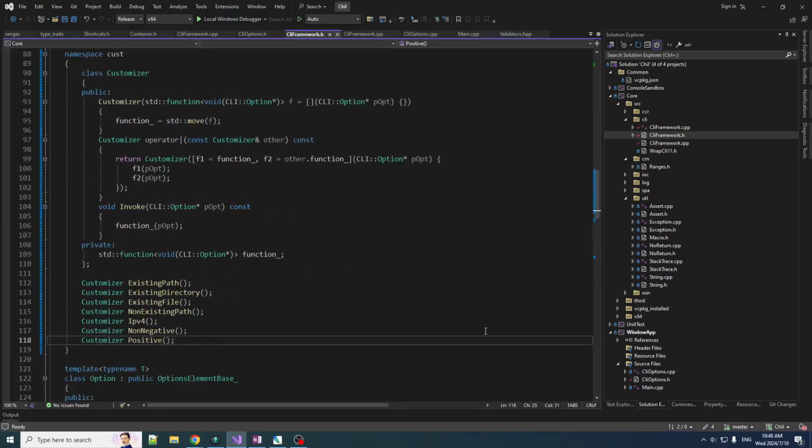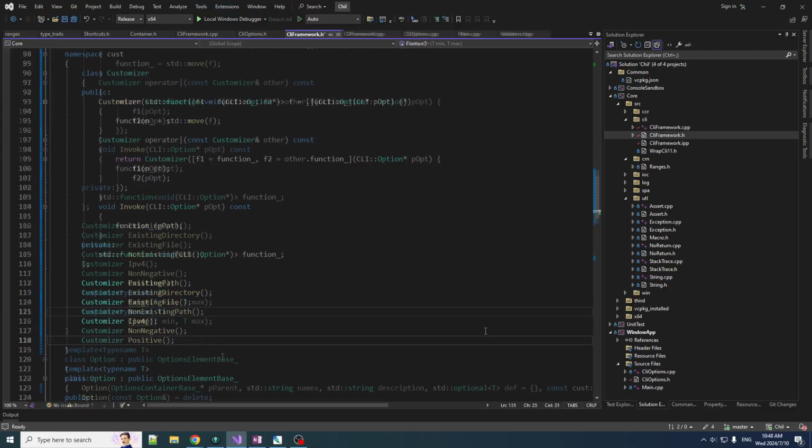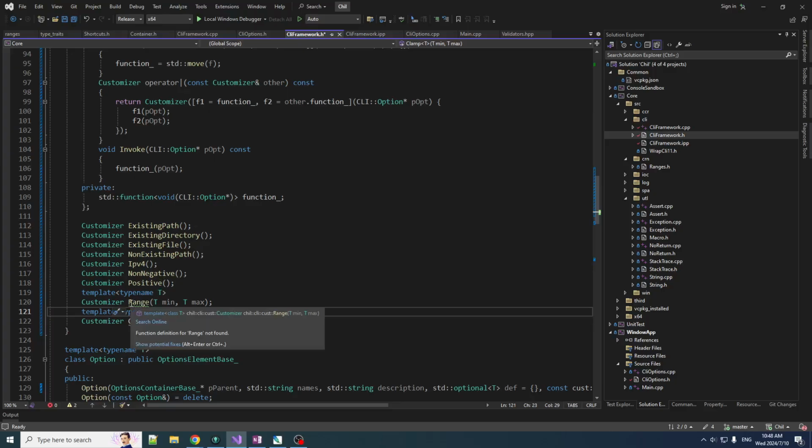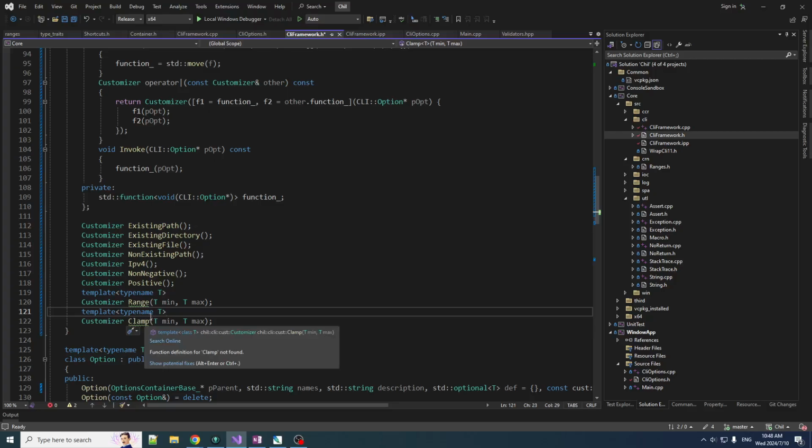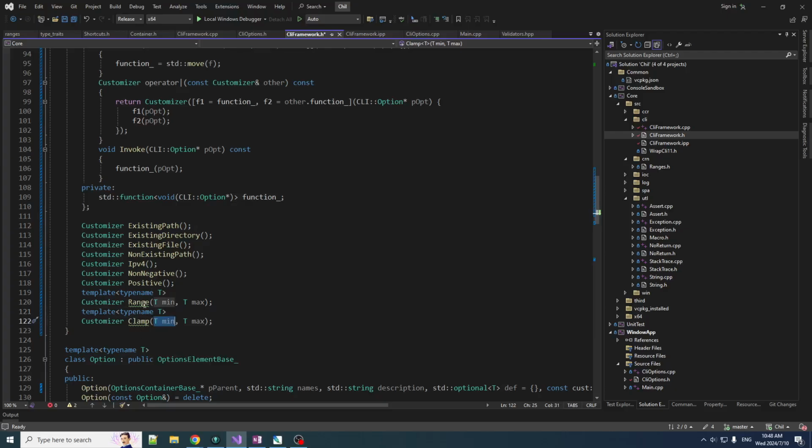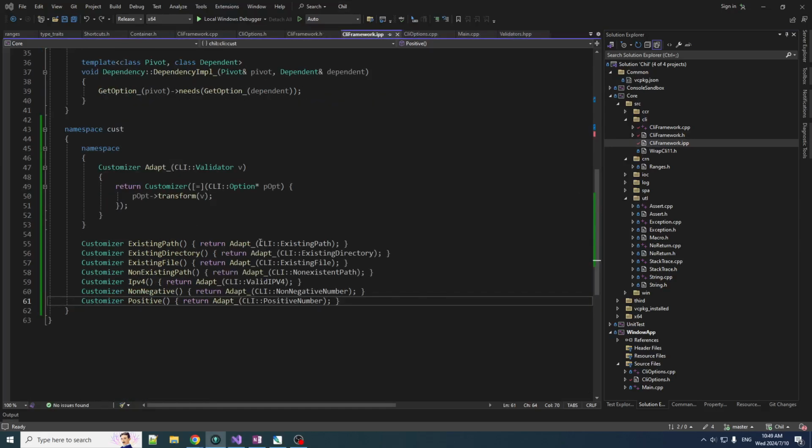All right, let's add some customizers now that are templated. So there's two basic ones. You've already seen me use range. It just makes sure that the value is within some range. Clamp is similar, but it adjusts the value. So it will clamp it to be within the range. If it's too low, it'll increase it until it goes up to minimum. So these two are templated on type T, because it could be a double, it could be an int, could be a float. Now, interesting about these ones is they don't have a pre-existing object because you have to construct it